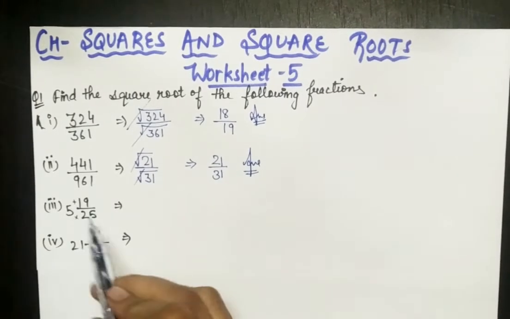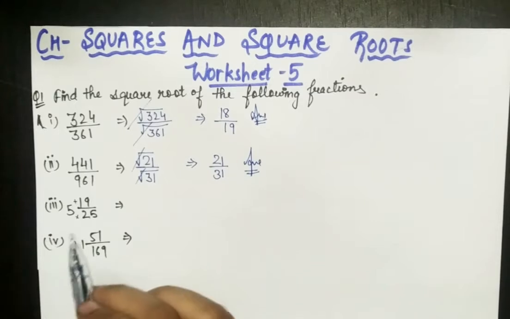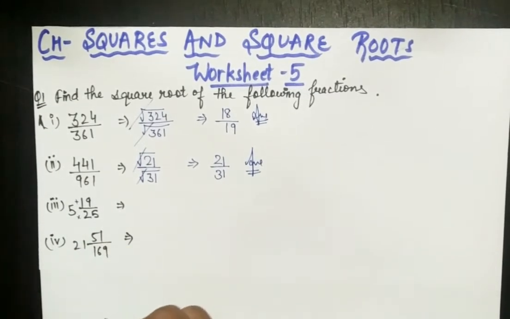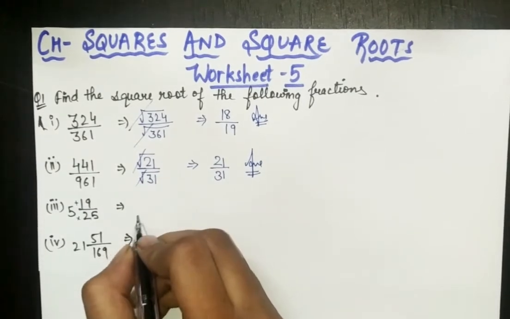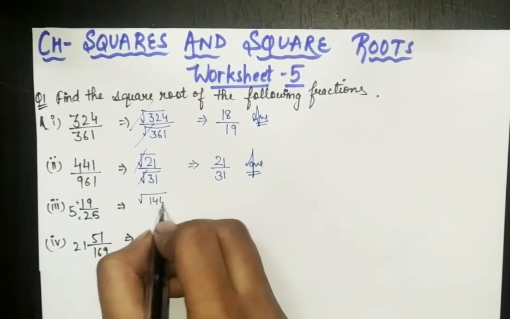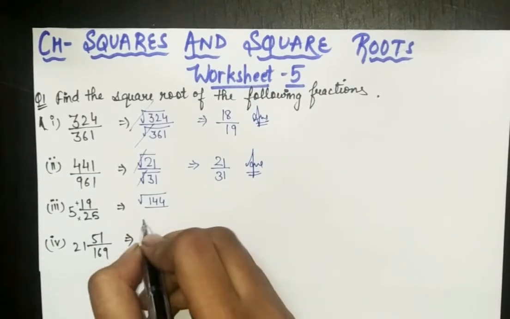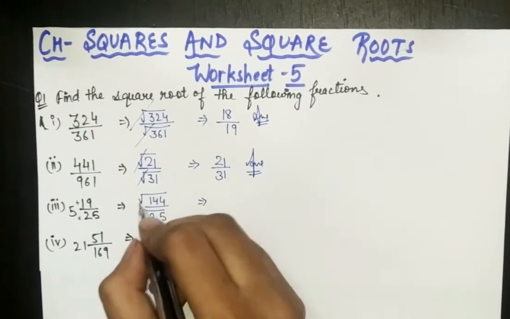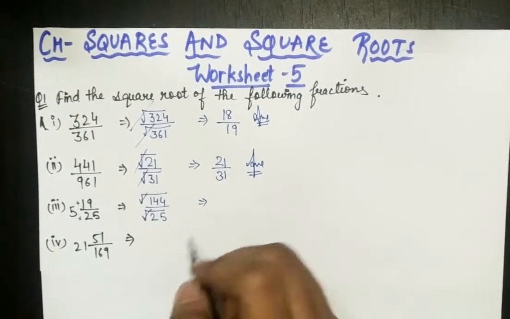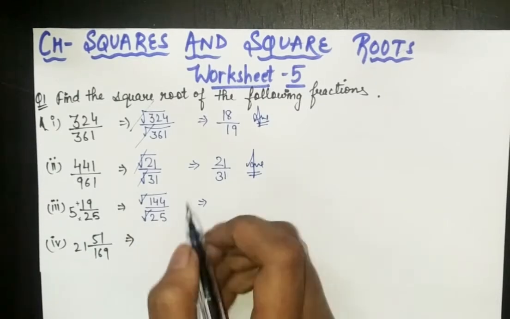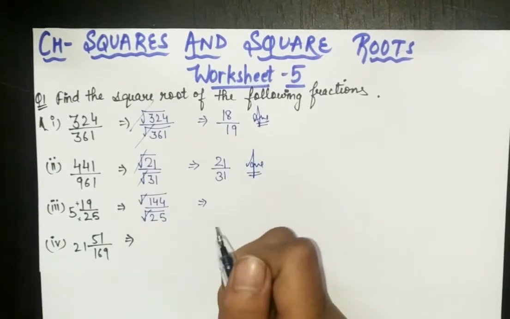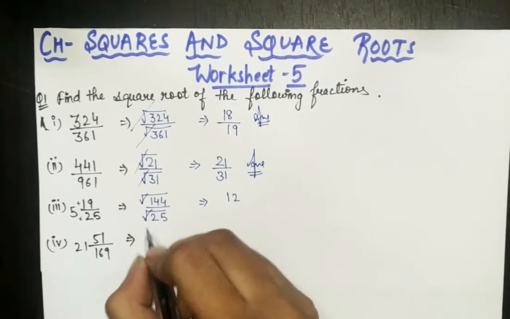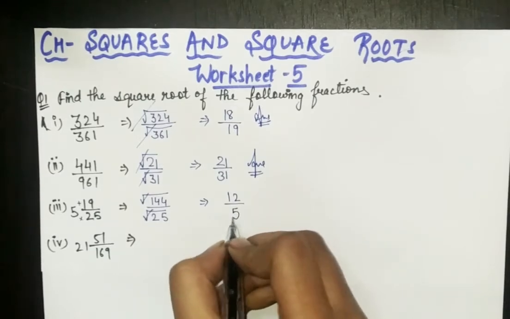So that will be 25 into 5. You all know that is 125, and then you have to add that 125 with 19. That will be 144. Now you will be writing root 144, and then the denominator will remain the same here also. So 25 here. Now the root will be cancelled, as you all know, and you know that 144 is the square of 12 and 25 is the square of 5, so 12 upon 5.